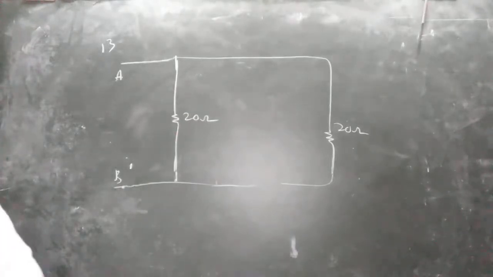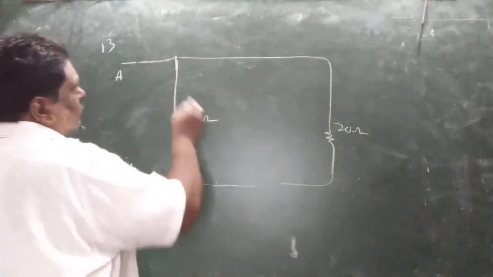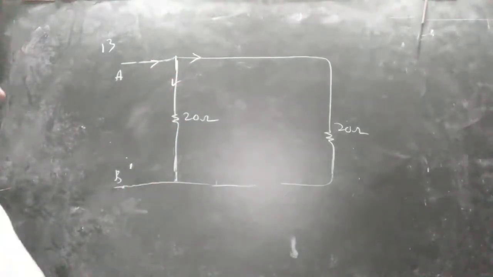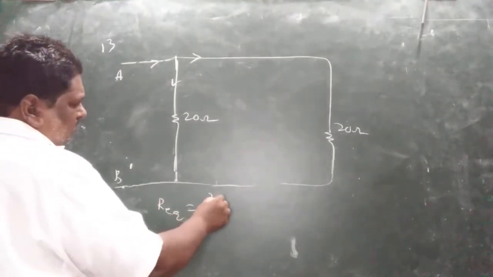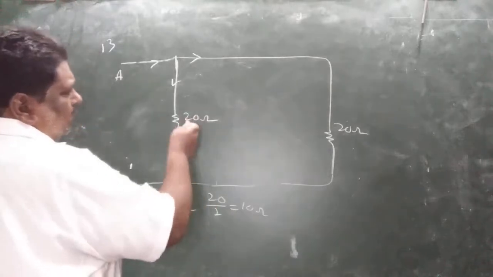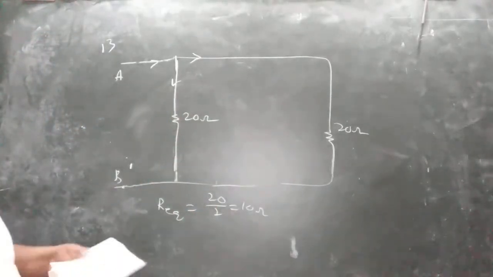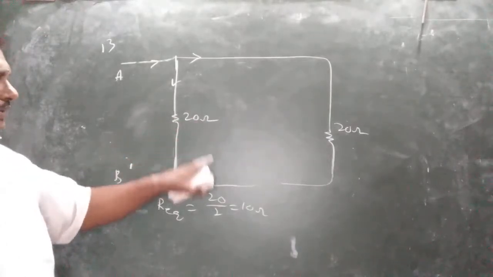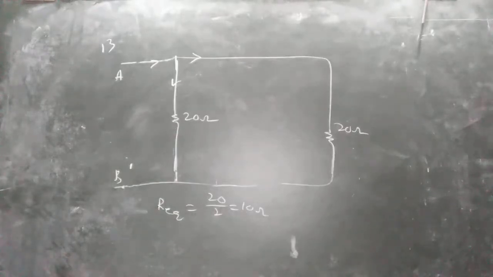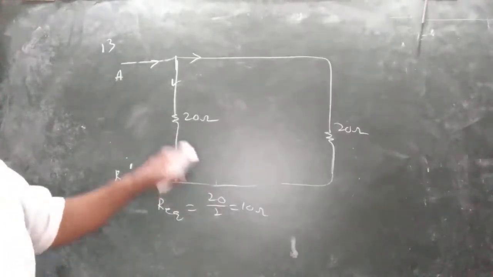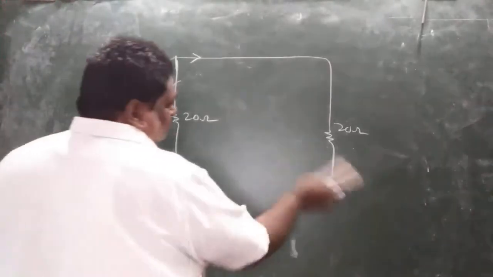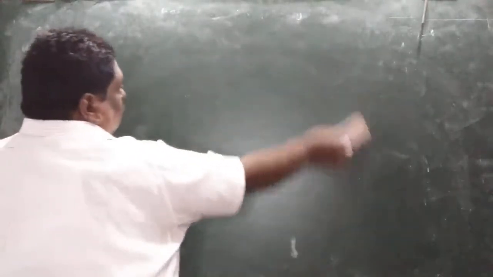So how many are still balance? It is 20, it is 20. These two are current dividing, that's why parallel. 20, 20 parallel, what is the equivalent? R equivalent is equal to 20 by 2, or 10 ohms. Or 20 into 20 by 20 plus 20. The shortcut is: two equal resistors in parallel, half of one of the values is the equivalent resistance. Answer is 10 ohms for this circuit. See, first option. Next, 14th question.